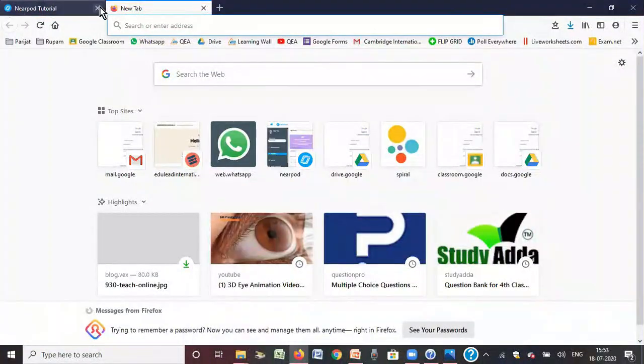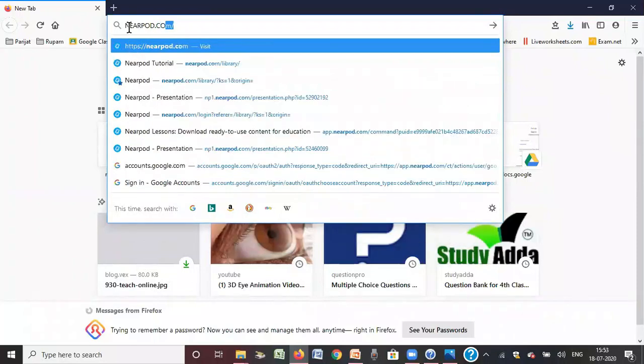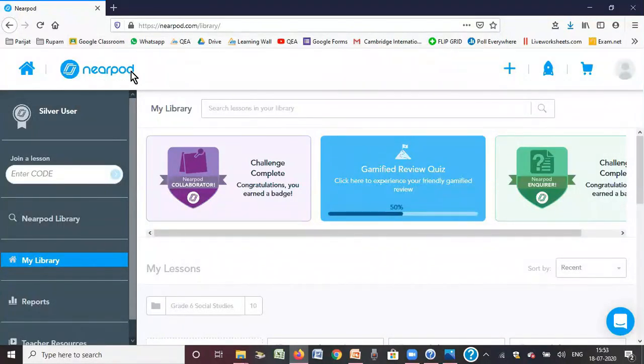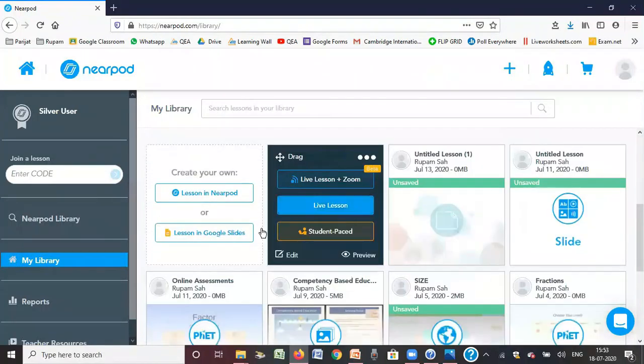For this you have to go to nearpod.com. And this is the platform. It is known as Nearpod. So you have to create your account first, and then this dashboard will appear and you will be able to see